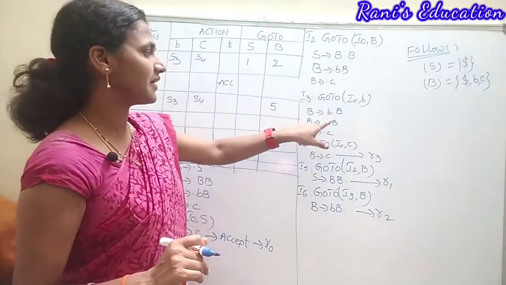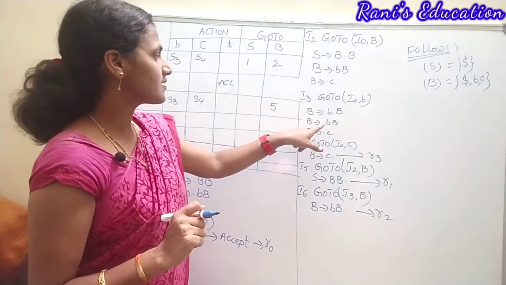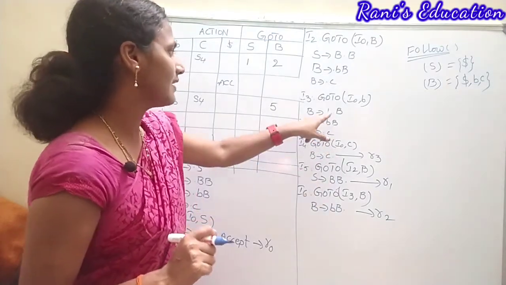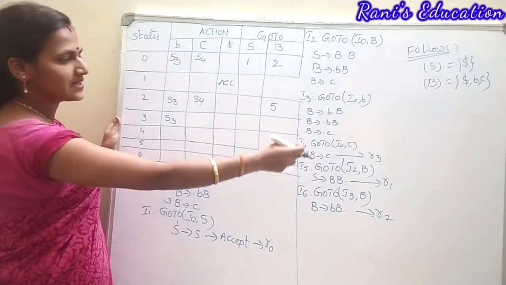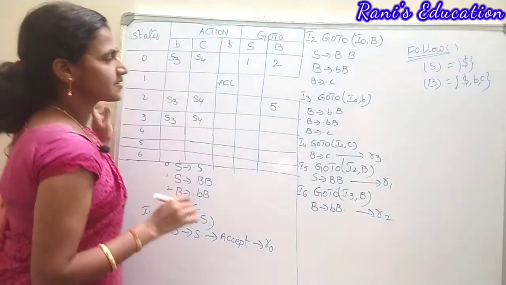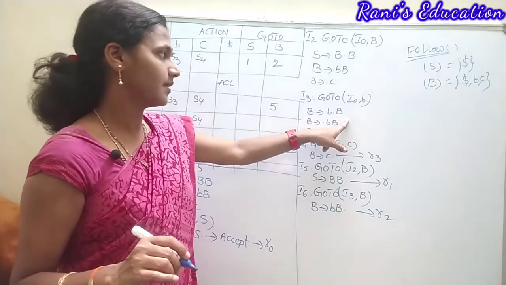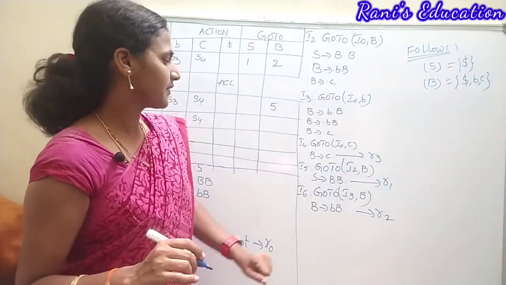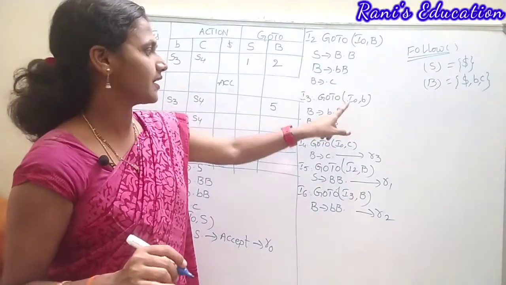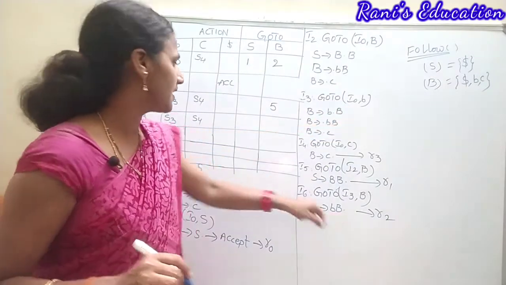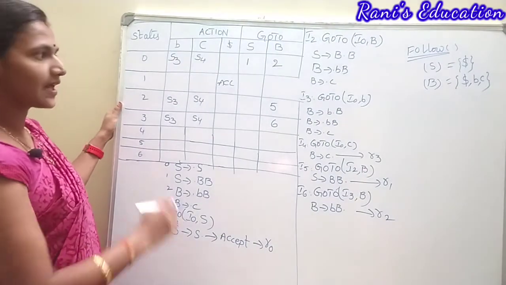So in the third item also we have the productions whose RHS starts with a terminal. Right? So that is, dot B is shifted to B dot in the third item itself, that is S3. Dot C is shifted to C dot in the fourth item. Still we have one more production, that is B derives terminal B dot B, non-terminal. Where is it changed to B dot, in which item? In the sixth item. So under which grammar symbol are we going to write 6? Under the goto part, for the non-terminal B, we are supposed to write the number as 6. Right? Third item is completed.